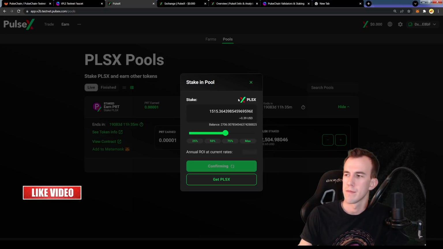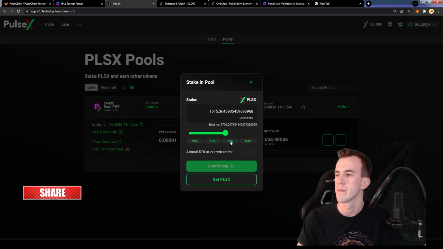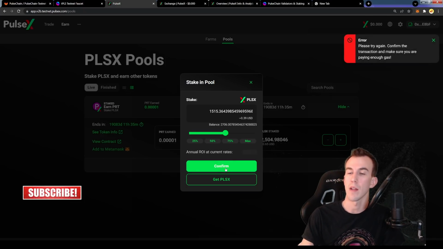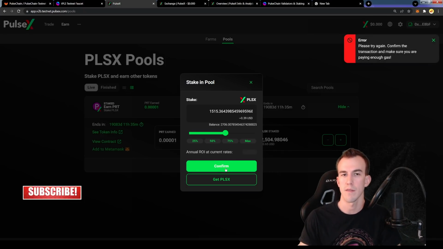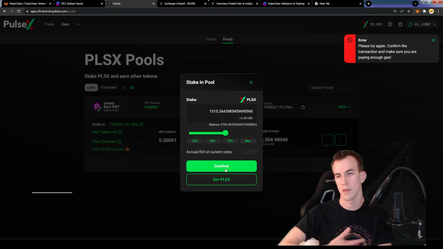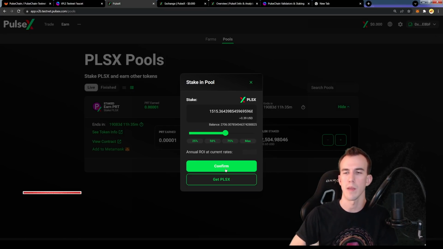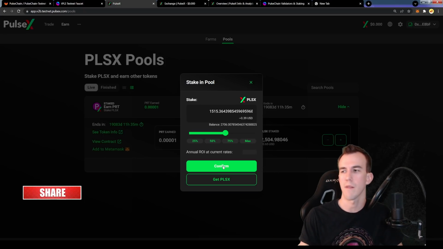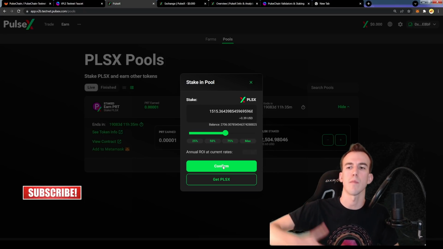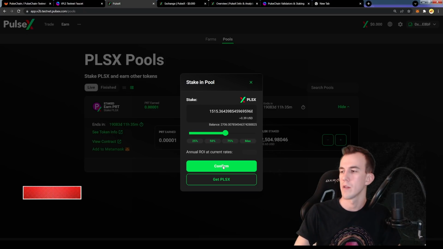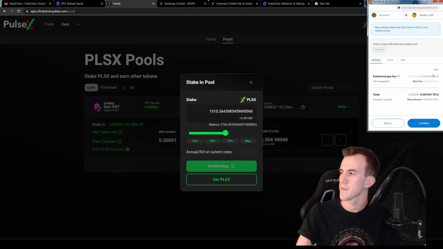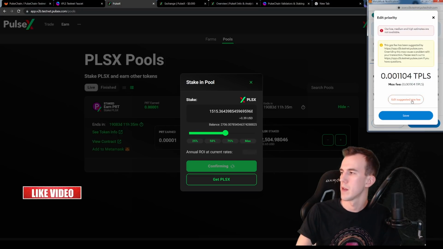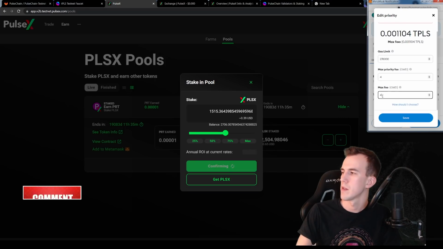Oh my, failed again. Wonder if it's that busy, and they're still working out kinks. It's the testnet. But I wouldn't be surprised if you get a lot of failed transactions when the chain is so busy, because the block's just going to pass you by. People are going to be fighting over that space whenever there's so much pent-up demand, waiting to get into this stuff really fast. So people are going to pay absurdly more gwei than you are. So I'm just going to do an absurd amount, because who cares? And we should get in after that, unless there's something currently wrong.